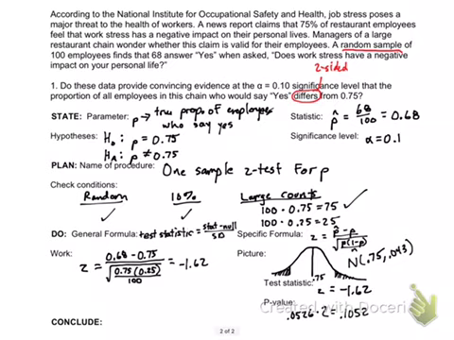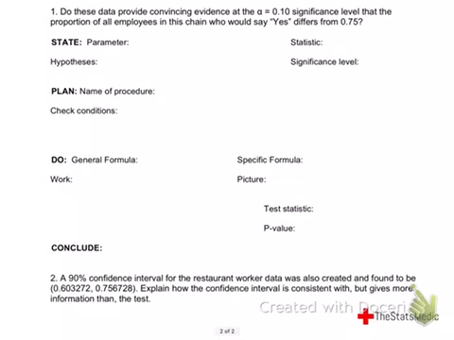And when I get that, I have to compare: is this less than the alpha value that I set of 0.10? No, it is not. So therefore, we can't reject the null hypothesis. So we have that formula up above that says we have or do not have convincing evidence to reject the null hypothesis. And then we can expand on that